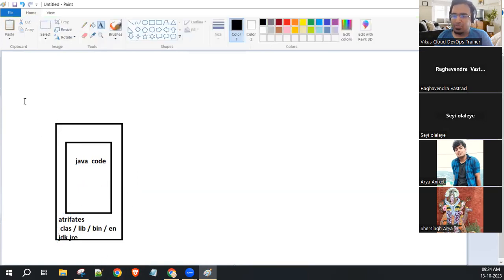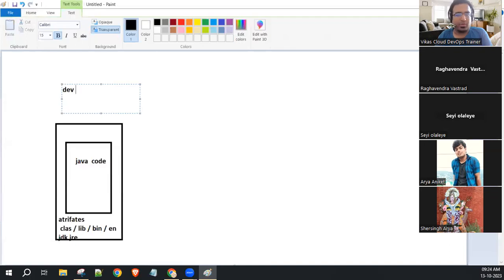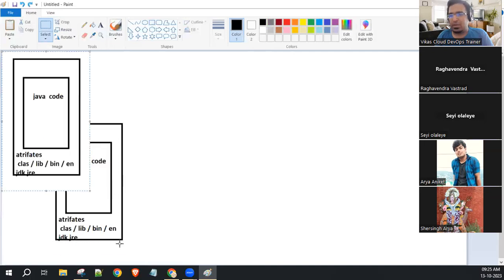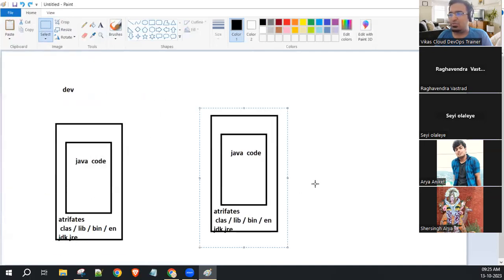Now let's assume this is up and running. Everything looks good in the dev environment. As soon as you give this build to the QA environment, it is not working in the other environment. What can be the possible problem?